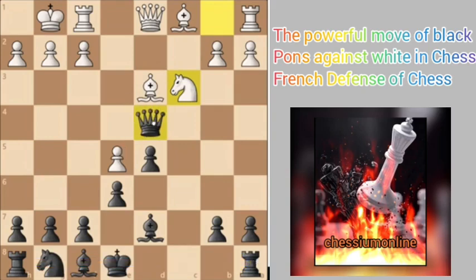So we don't want to be greedy. And there is a very useful prophylactic move that you get to play here, pawn a6. If not, white has some tricks with knight b5 and some attacking ideas. But if you do know the right move, pawn a6, then you're basically securing yourself from any attacks of white,